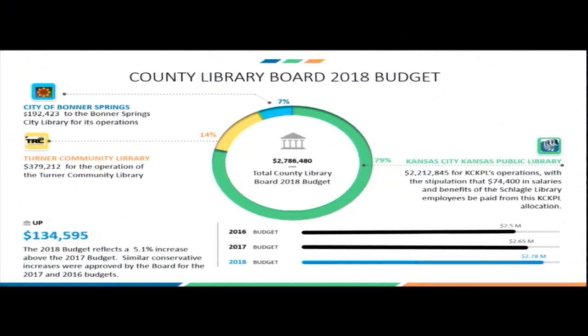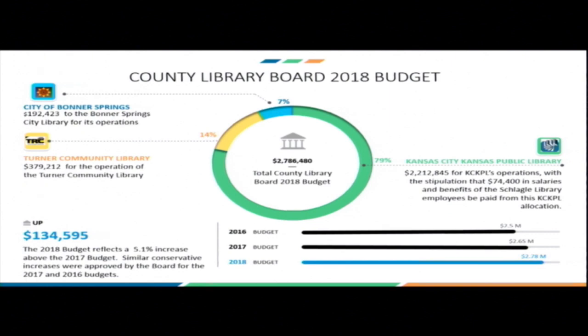All right, so the last slide gives us an update on the County Library Board's 2018 budget. And it's not just the library board, but all of it together. Sorry, it's just the library board. The total library board budget for 2018 is $2.7 million, and of that total amount, because of the interlocal agreement, 2.2 million of it is given to Kansas City, Kansas Public Library in order to